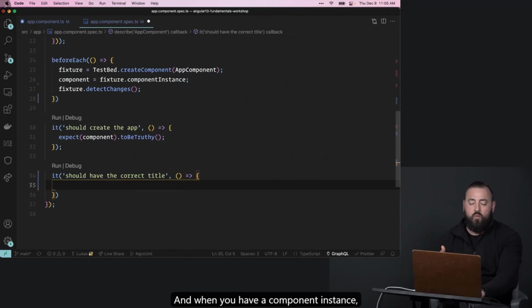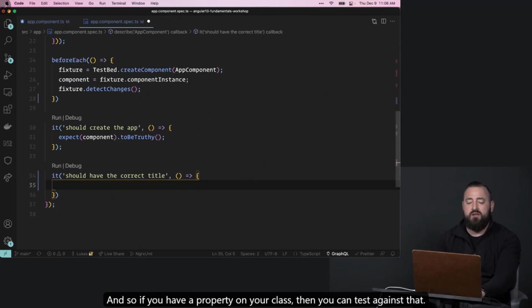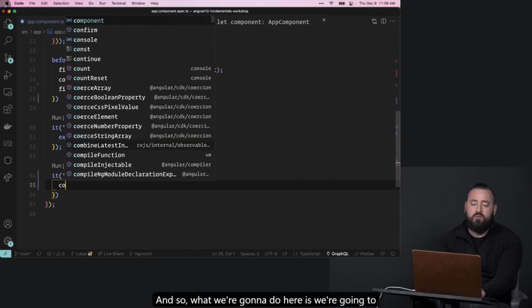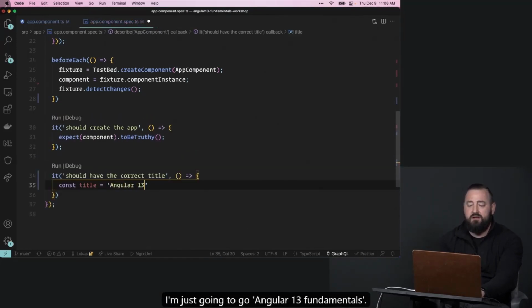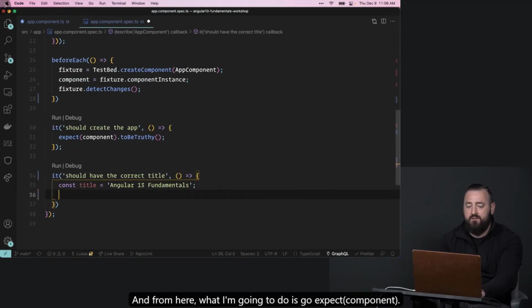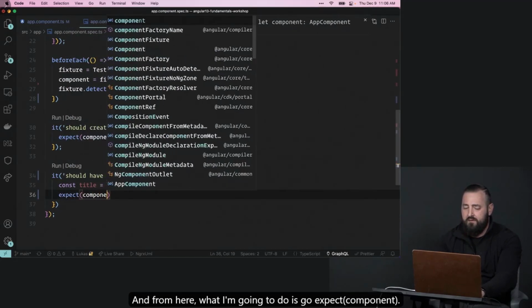And when you have a component instance, what you are referencing is, in fact, the component class. And so if you have a property on your class, then you can test against that. And so what we're going to do here is create a property called title, and I'm just going to go Angular 13 fundamentals. And from here, what I'm going to do is go expect component. Now watch,